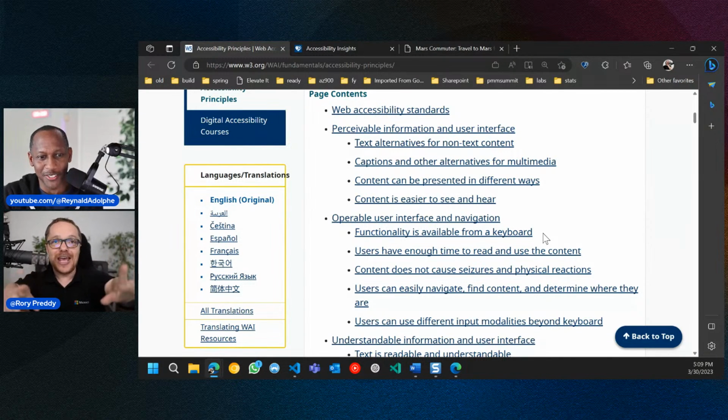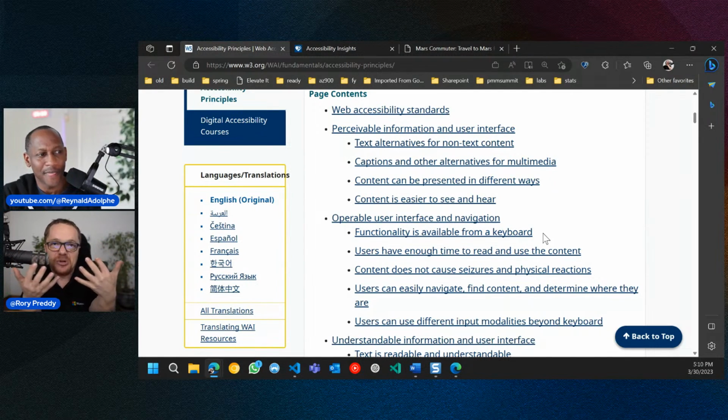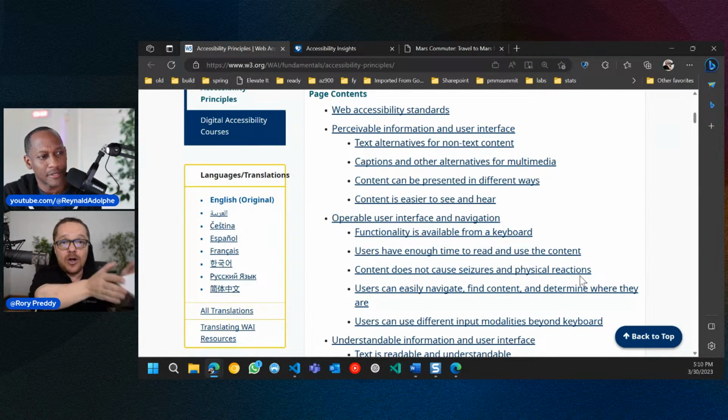Okay, so the next is operable, navigable. Now look at these hands. These hands aren't really the best hands to do much with. They're like little stumpy hot dogs. And right now, I actually use 3 different sets. I've got my Apple Magic Mouse, I know, working on Windows. Then I've got the Logitech MX Keys Mini. And then I've got a trackpad on the other side here, because what I've realized is that my shoulders really take strain.